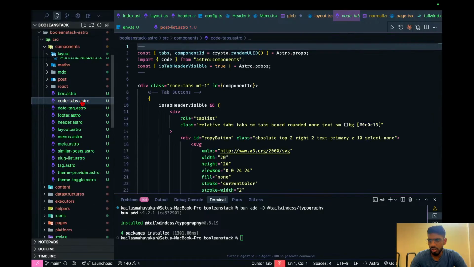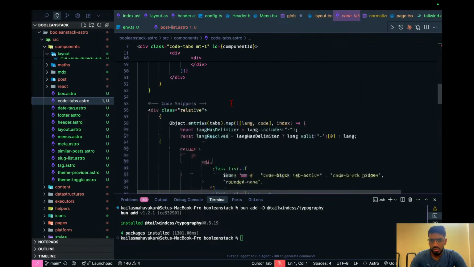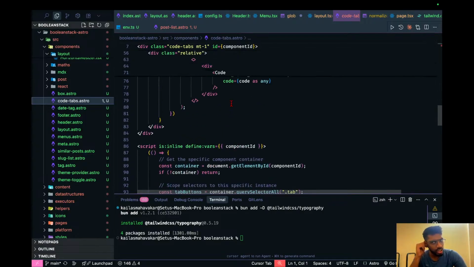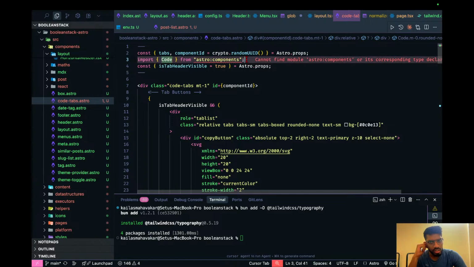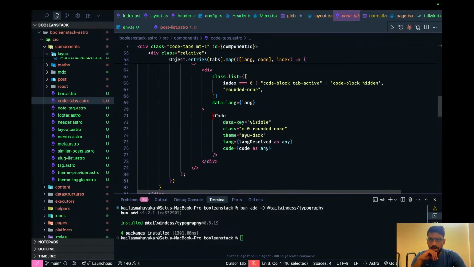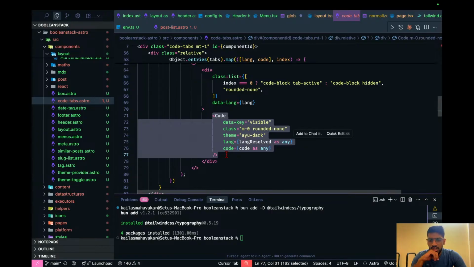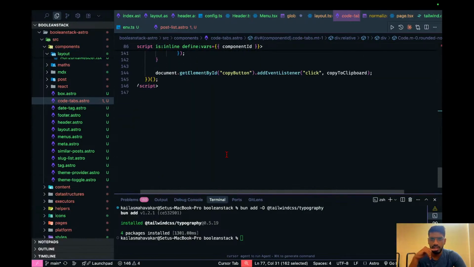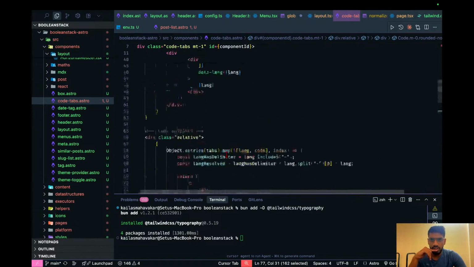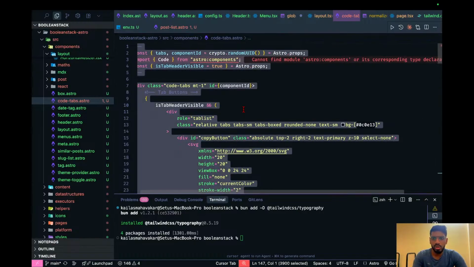Do we have any code tabs? What is code tabs using? I mean, I need to check. Yeah. So see this code right here. This is coming from Astro components earlier. Now we actually have to implement this ourselves. And this itself is a challenge, because it can take me 1 hour for implementation totally, and the code that I've written for this. So what I can do for now is